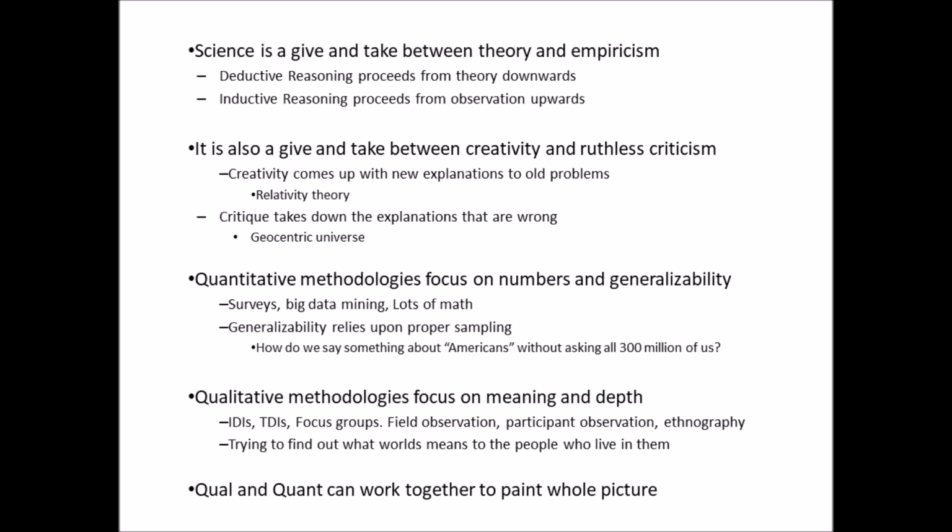Participant observation is where you sit and you watch how people do things, right? Now again, this is in the field. You've got one researcher who is watching the people in one location. So you can say, here's how people act here, right? The way to get generalizability is you got to have a lot of researchers in a lot of different places, right? And by the time you do that, you start to lose that depth.